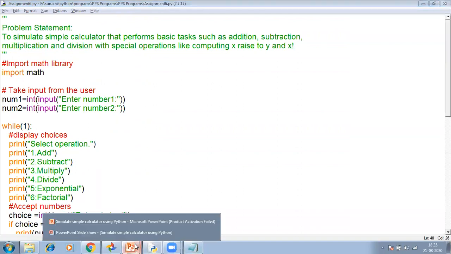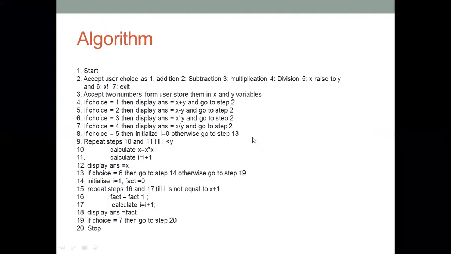Before we go through this, let us go through the algorithm. So in the algorithm, after starting the program, you must display all the choices available. Then you must accept the numbers and according to the choice perform respective operation.